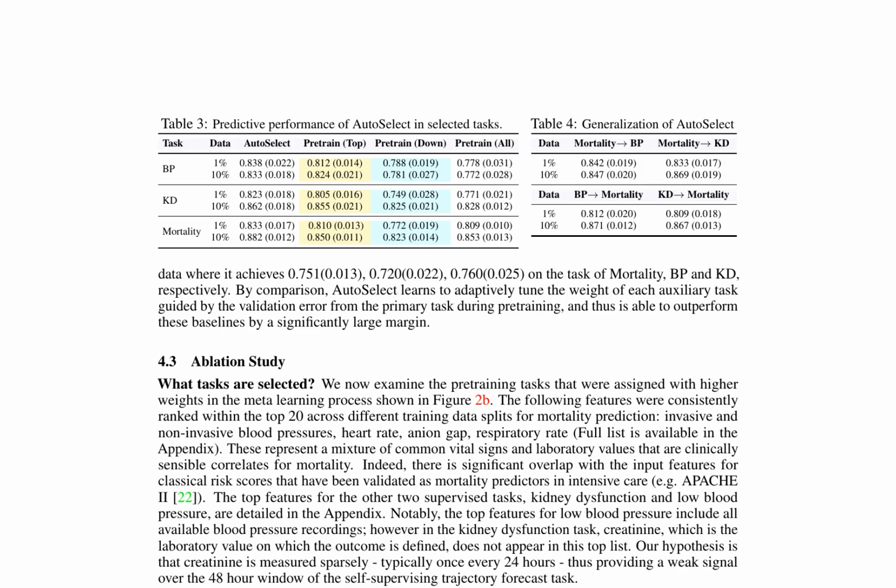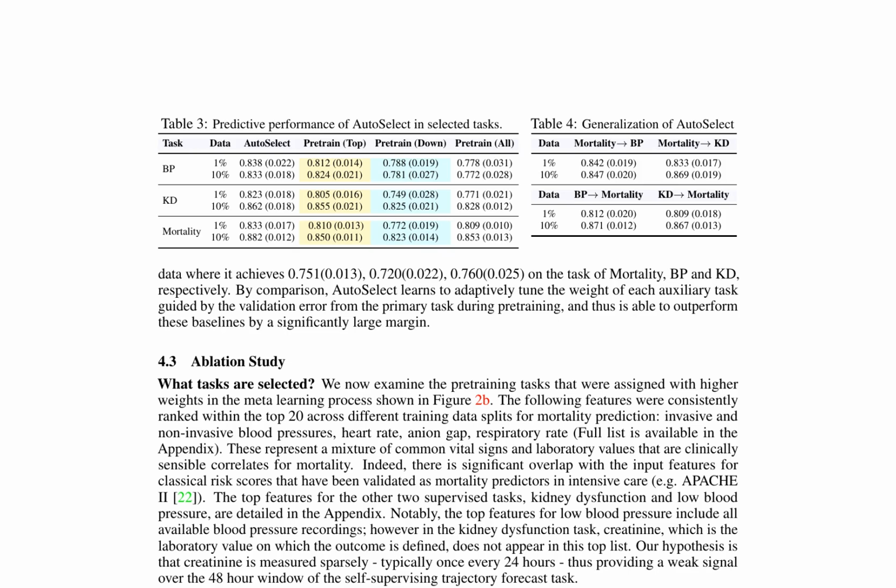The authors propose auto-select, a metalearning framework that adaptively selects and weights auxiliary tasks for self-supervised pre-training to improve the performance of a target supervised task. The framework is evaluated on 3 clinical outcome prediction tasks: mortality, kidney dysfunction, and low blood pressure. The results in Table 3 show that auto-select outperforms various baselines, including pre-training on all tasks, top tasks only, and